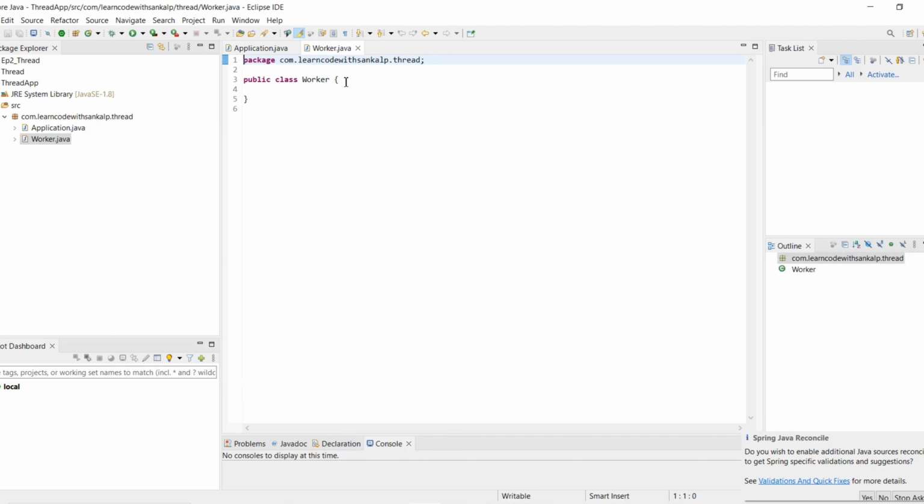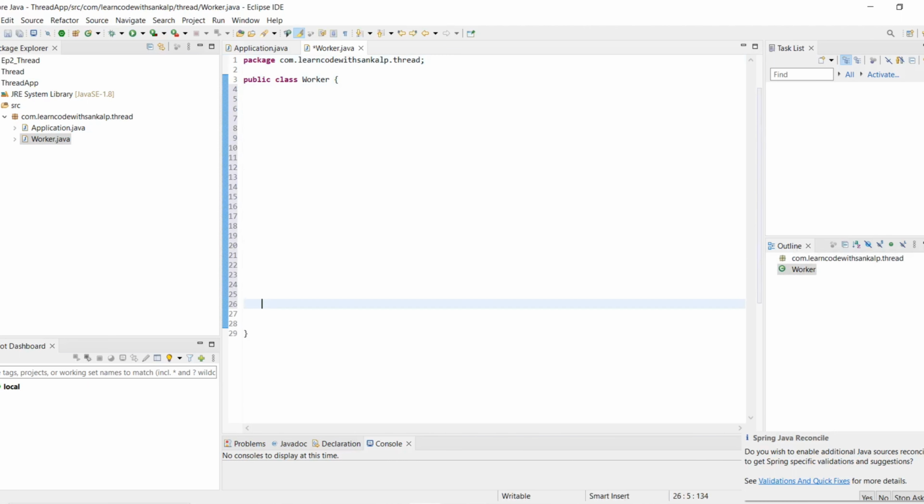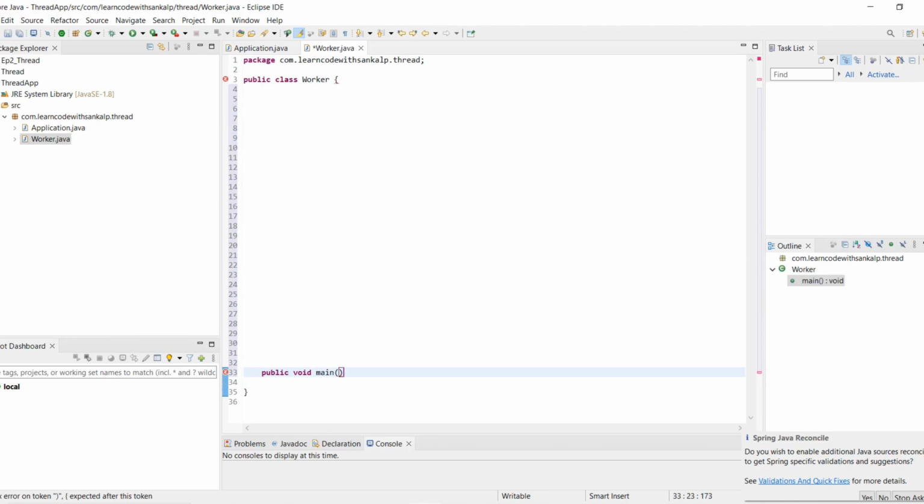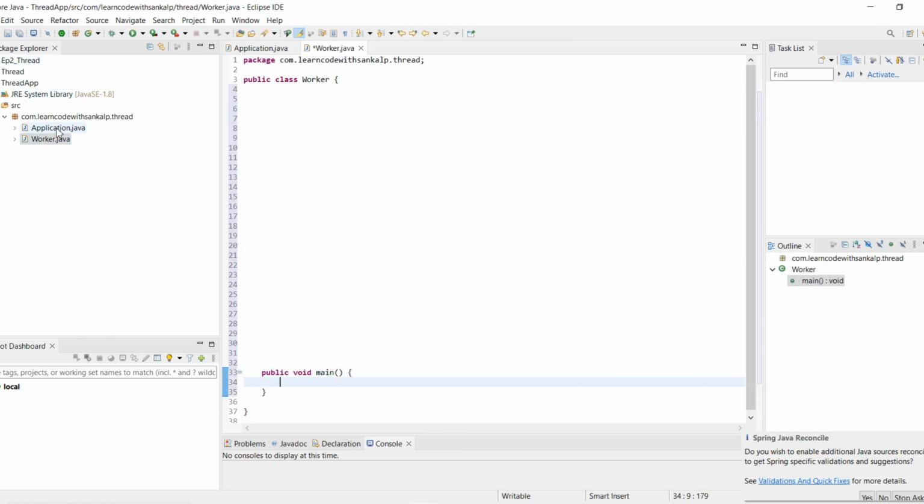Inside the worker class we are creating one method, and we are calling that method inside our application class.